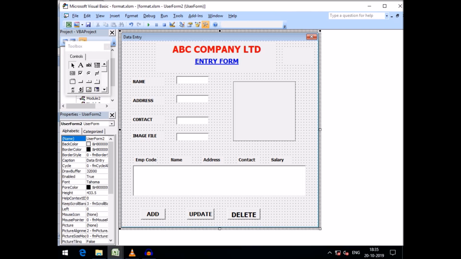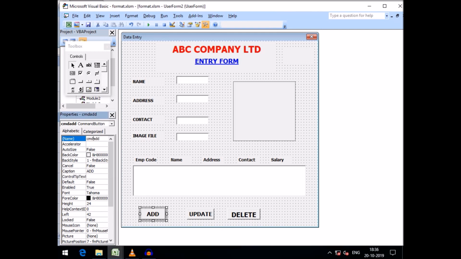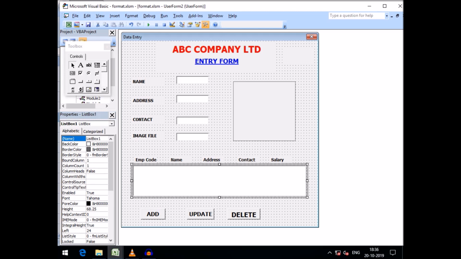So what is the name? CMD add. Let's say CMD add. It will not be enabled. It will be disabled when we click on the list items. Okay,